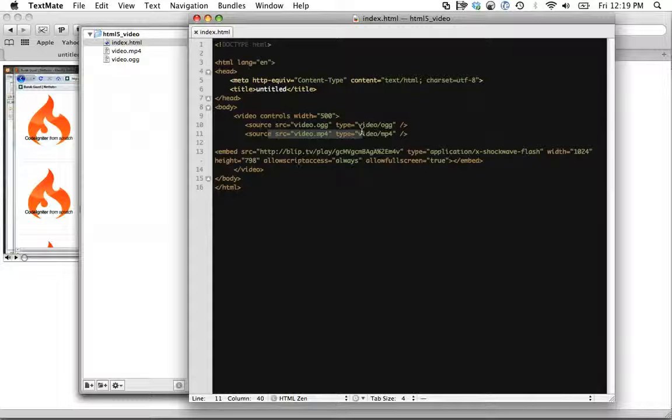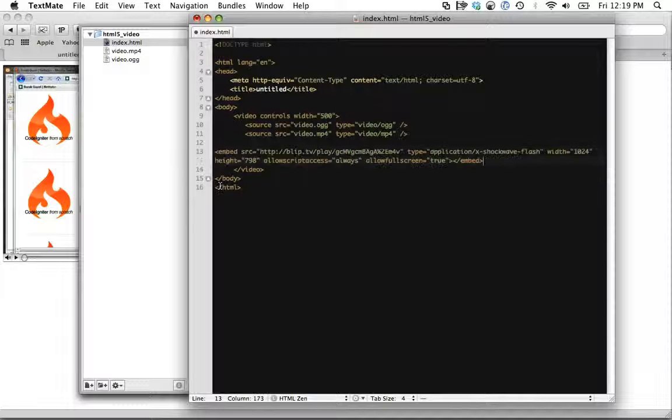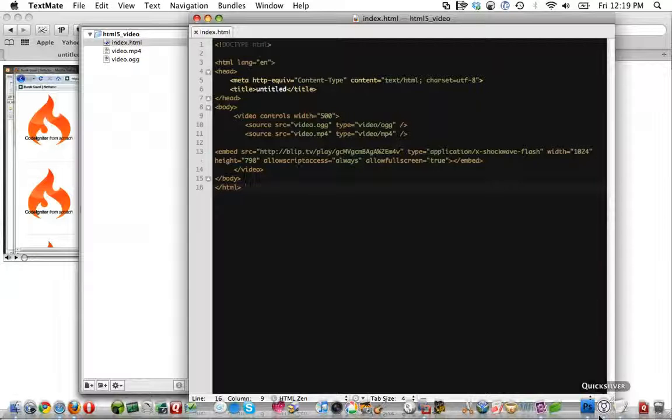So now I'm going to load that back in, and it's going to load that file accordingly. So that will load the MP4. Firefox will load the OGG, and browsers that don't understand the video element at all will load this. Or you could add something like, your browser doesn't support HTML5 video. So if we check this and we go into IE,